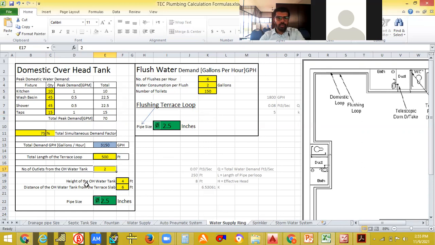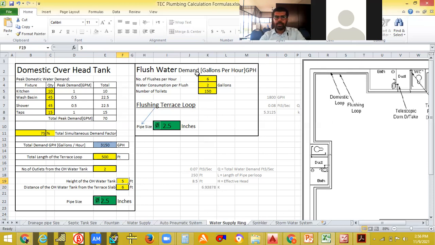Now the height of the overhead water tank you can give in feet. You can give 5 feet or whatever it might be. The distance of the overhead water tank from the terrace to the slab, you can give 6 feet. So the pipe dimension is 2.5 inch. So you automatically will be getting this loop. This domestic loop pipe size should be 2.5 inch.